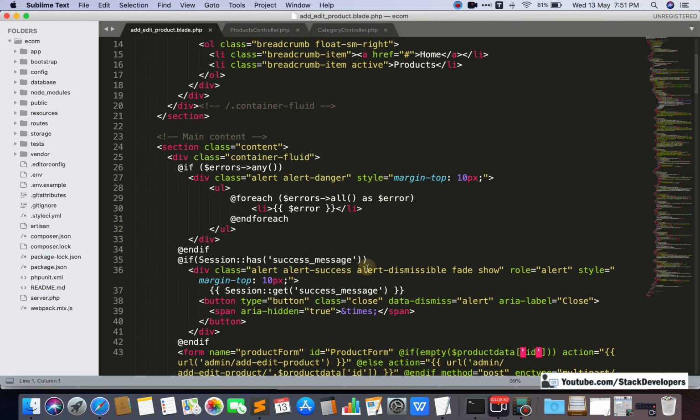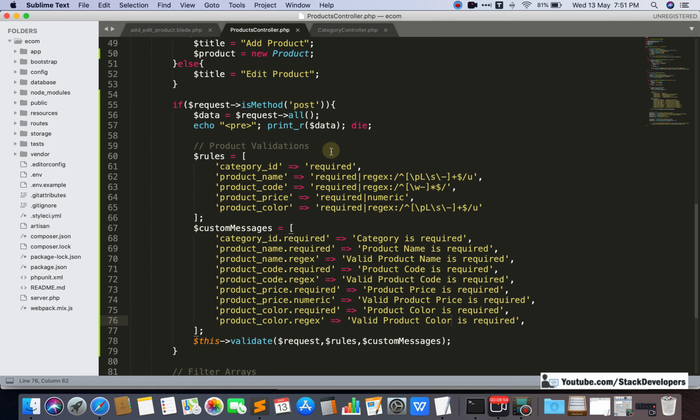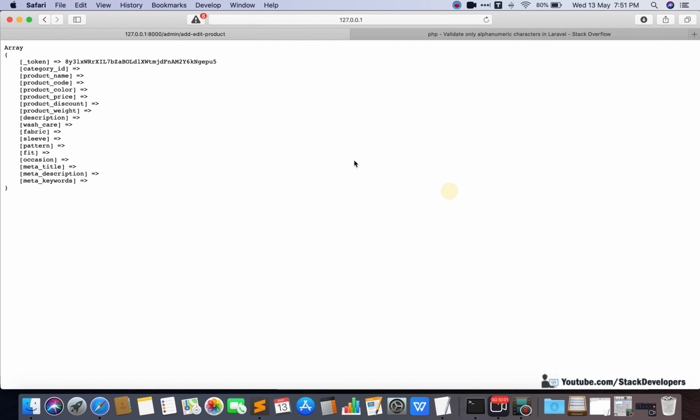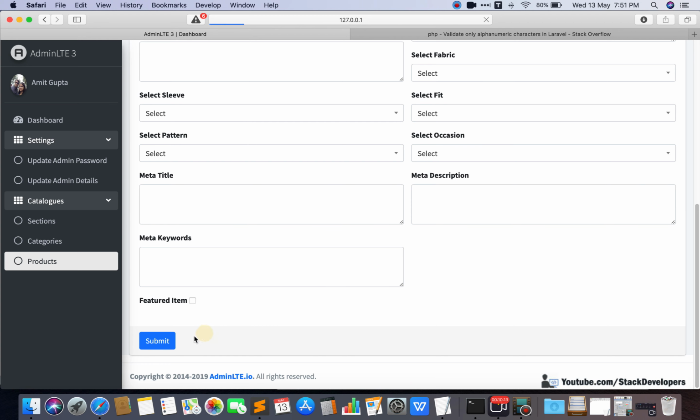Still it is going, so I'm going to check here. I'm going to disable this one and see whether it will show the validation or not. I'm going to test Laravel validation, so I'm going to submit this empty form.